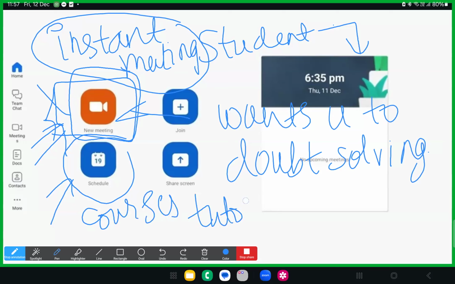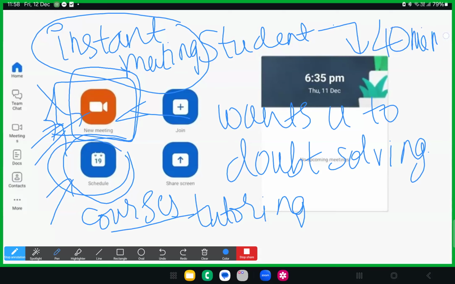If you want to schedule a meeting or a webinar also, you have to go ahead with schedule itself. You don't go ahead with new meeting, because you're having only 40 minutes duration of the meet. So you don't waste it by just opening the meeting and waiting for them for long and long. No. What you need to do is schedule that. I'll teach you how to schedule also. Please don't worry about it.